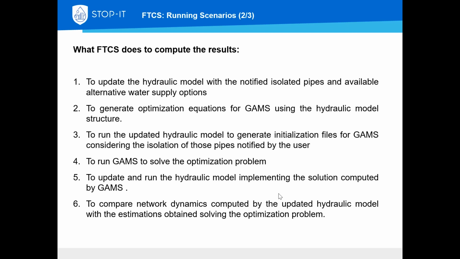First, to update the hydraulic model with the notified isolated pipes and available alternative water supply options. Then, to generate optimization equations for GAMS using the hydraulic model structure. Third, to run the updated hydraulic model to generate the initialization files for GAMS considering the isolation of those pipes